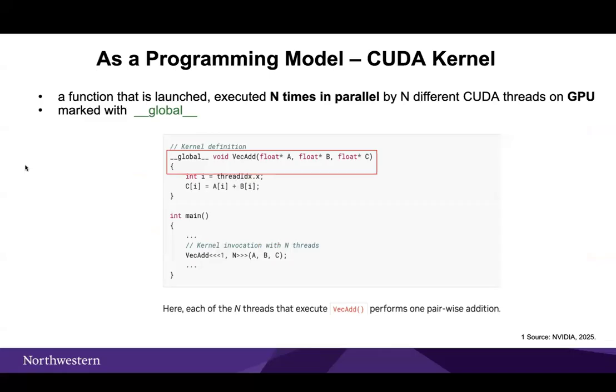CUDA is also a programming model, which provides extensions to many languages, including C++. CUDA has a keyword called kernels, representing a special function that executes in parallel across many GPU threads, rather than just one, like standard C++ functions. Kernels are declared with a global specifier and launched using the angle brackets, which specify how many parallel threads should